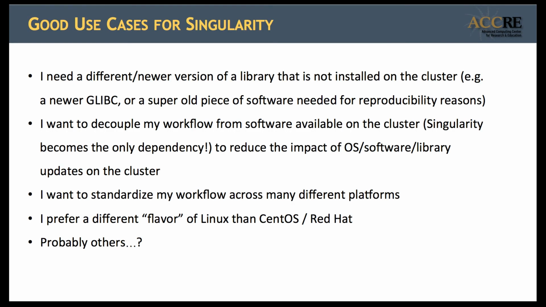All right, so what are good use cases for Singularity? Why would you actually want to adopt this new piece of software? One big reason is that you need a newer or different version of a library or piece of software that is not currently installed on the cluster. One classic example that we've seen a lot with TensorFlow is glibc. CentOS 6 uses a very old version of glibc that's not supported by TensorFlow. So instead, you can install TensorFlow into a Singularity image and run that on the